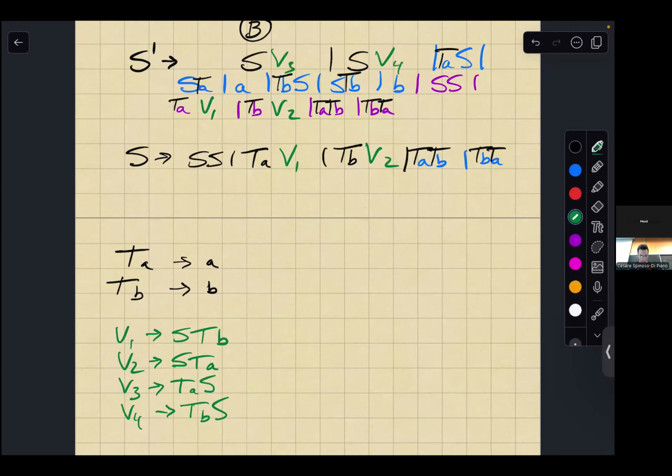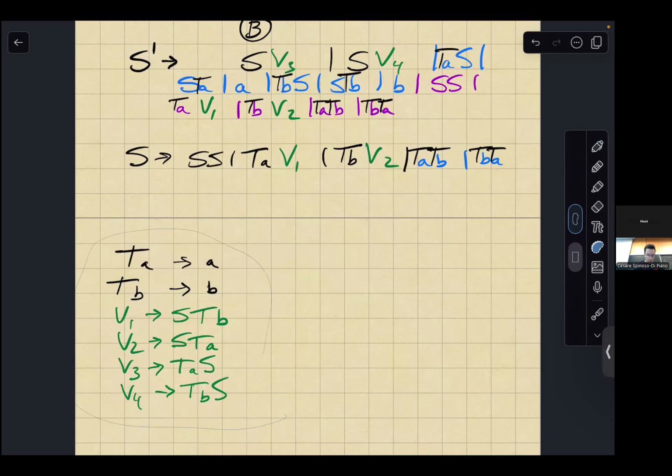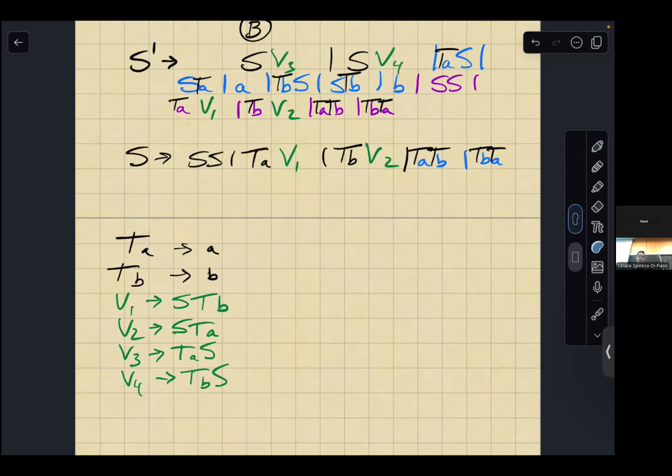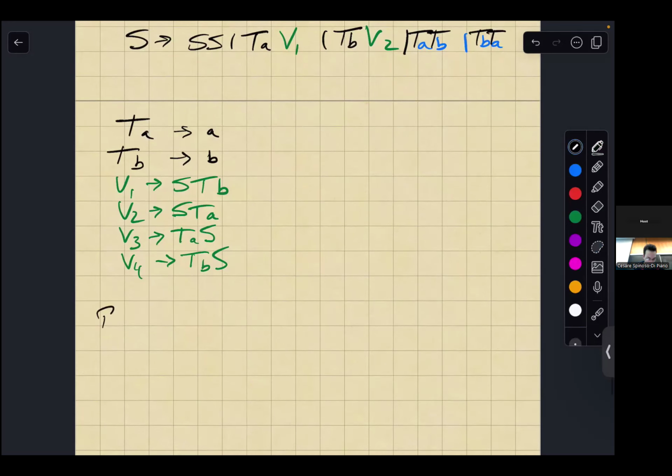Okay. And I'm good, right? So now this is in Chomsky normal form. Yeah? Okay, great. And now the great thing about this, now that it's in Chomsky normal form, is I can run the parsing algorithm, the CYKS algorithm. So I have negative four minutes, and so I don't have time to do that. But as another exercise, try to run the CYKS. Hopefully you know why it's CYKS and not just CYK. Run the CYKS algorithm on the string ABB,